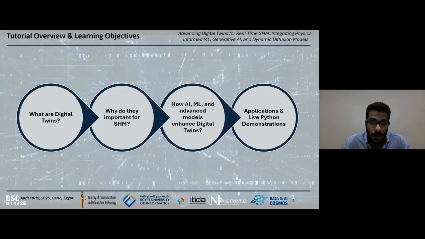Finally, we will walk through some practical software that civil engineers currently use, which has digital twin capabilities integrated with our physical understanding as civil engineers.